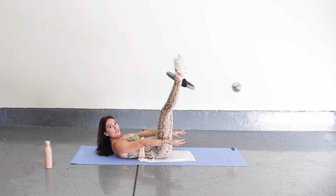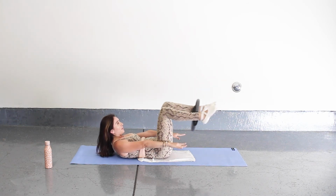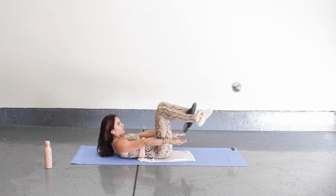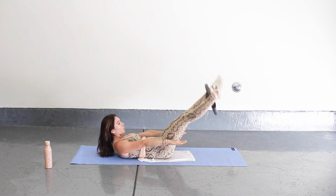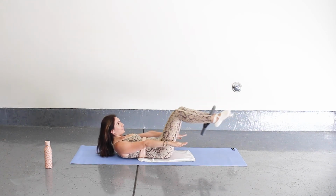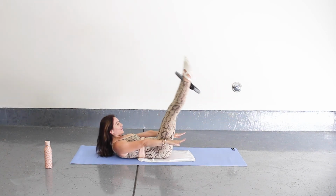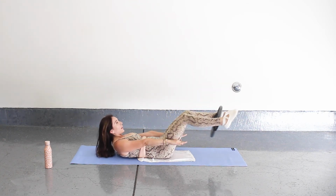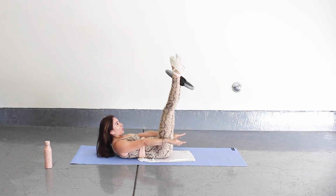and 1. Let's reverse. So now I'm gonna drop my legs straight, bend them into chest, and bring them up to the ceiling. Use your breath. Let's go for 4, 3, 2,